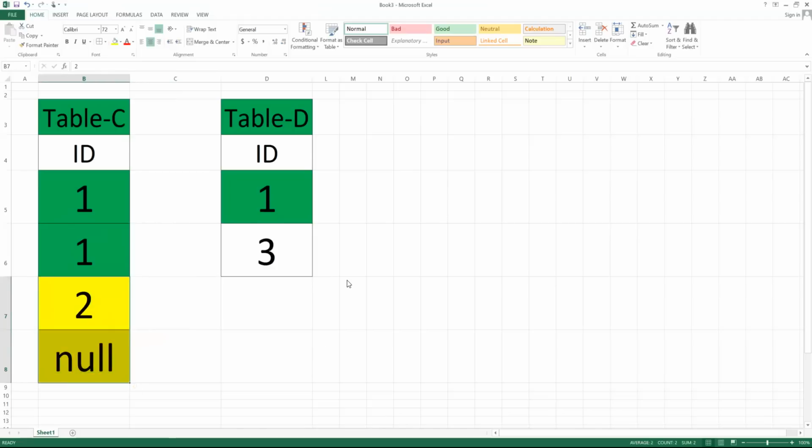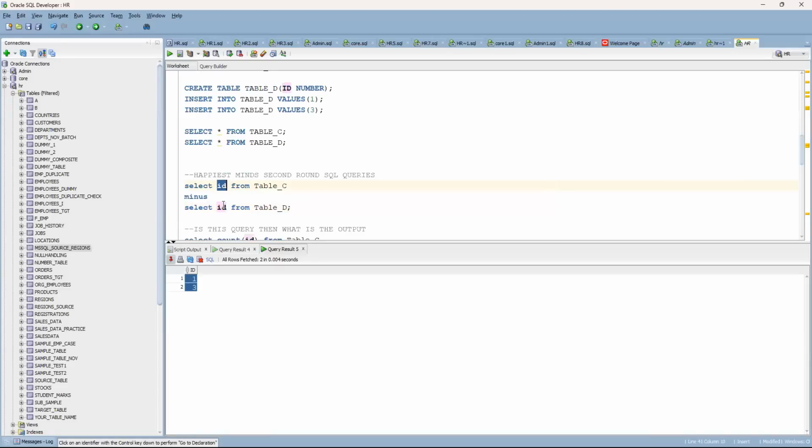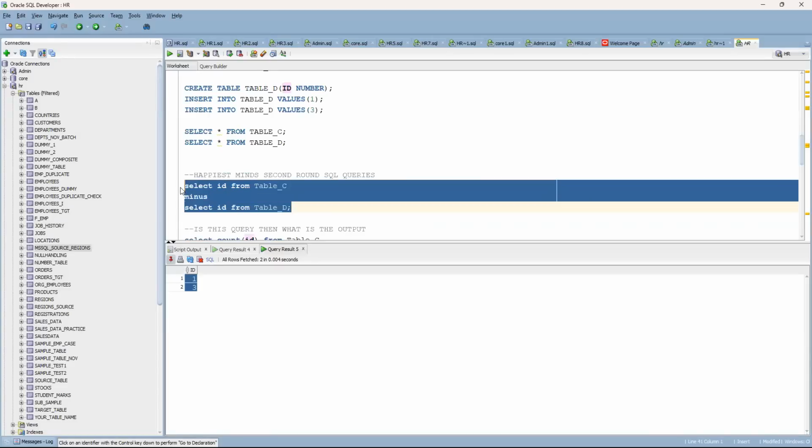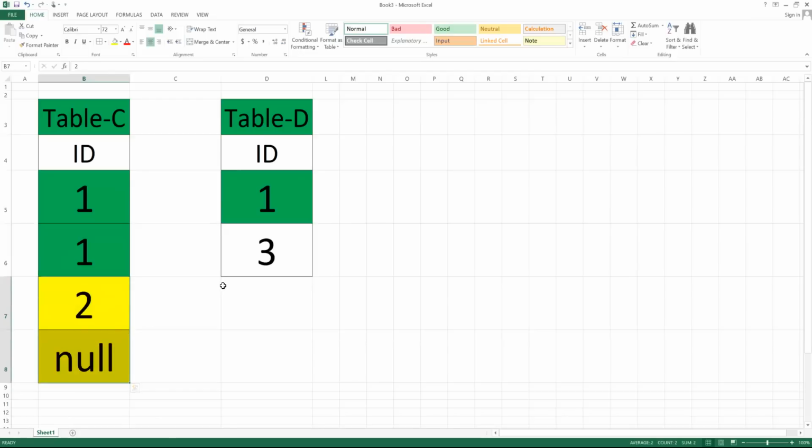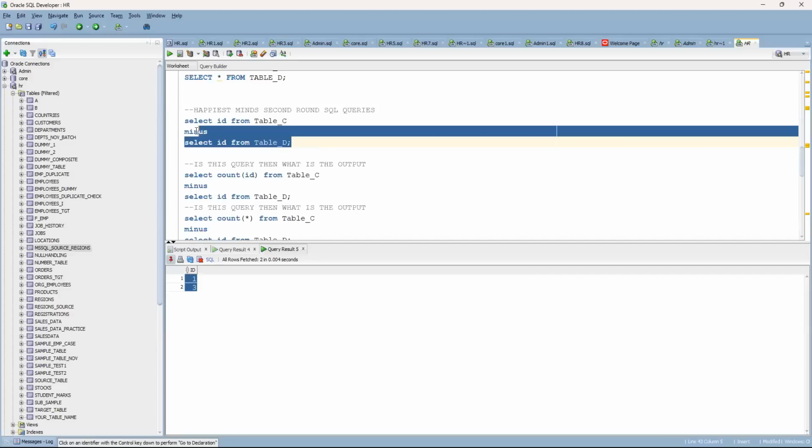If I can say here, what is the answer? Select ID. So what is the answer here? It is going to be 2 and null. 2 and null is the answer for the first question. So you have to mention that. Now the next question is